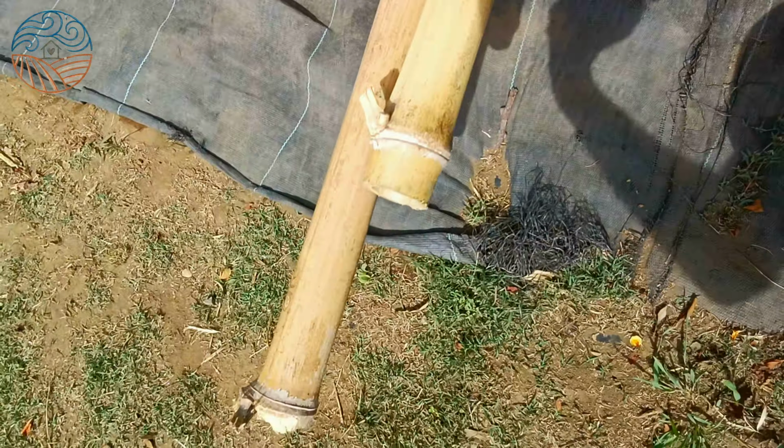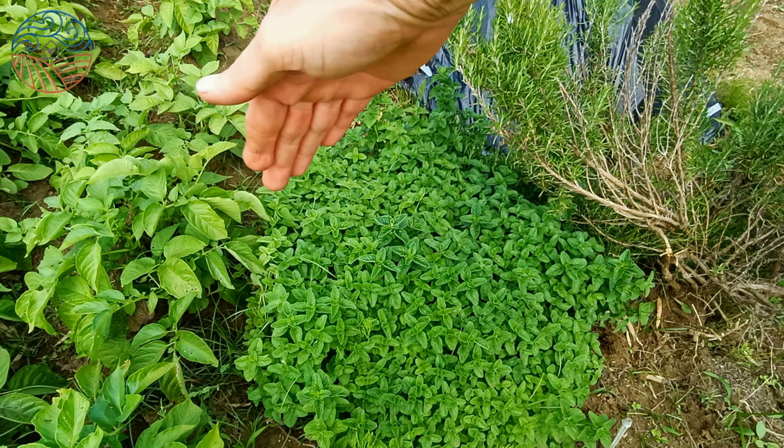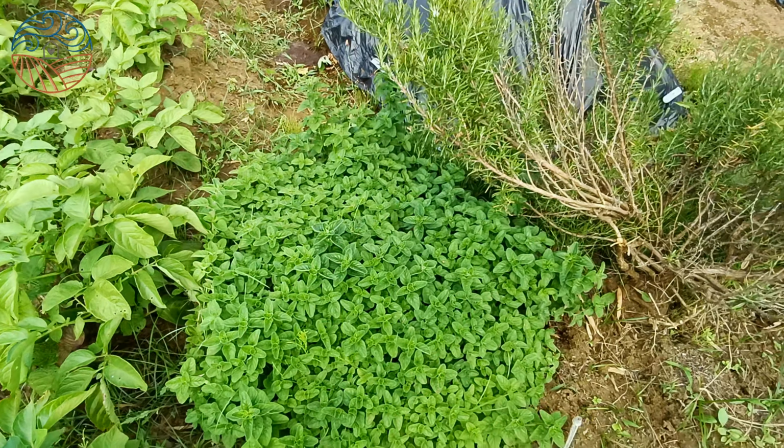Oregano is almost ready for second harvest. We might need to contain it. I'm not gonna transfer it into a container, but I might put a barrier around, otherwise it will just go everywhere. Planted these